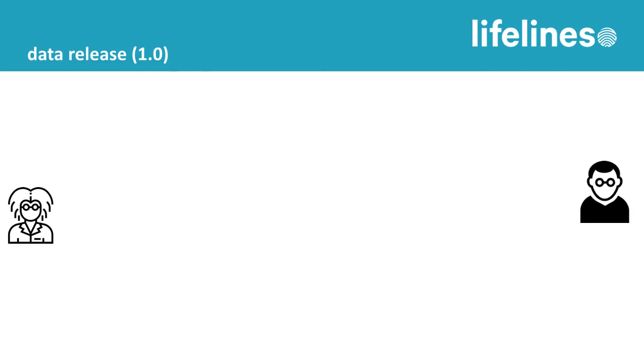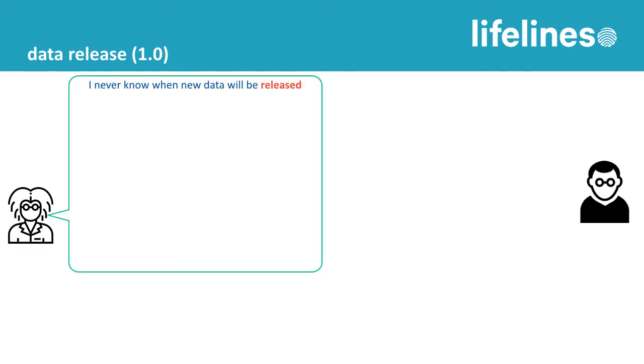So the type of problems that we had, the feedback that we received mostly from researchers: first of all, it was difficult to promise or to set a date when new data would be released. It would always take a lot of time to get the data ready for release, so we would always have to postpone, and it would be very unclear when researchers could really expect new data, which is of course not very handy. The data in a workspace is different from what I expected, is what we hear a lot,